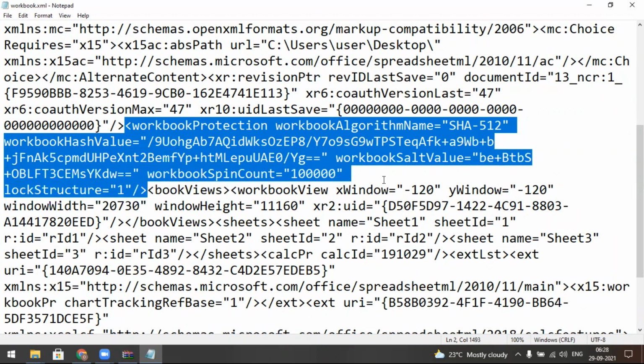I select this one, and there are some web pages, not software. Now for this type of hash algorithm, you must collect this number. From this one to this one, you must collect it and copy. Some web pages will convert and decrypt this type of encryption, and you get the answer. You get the removed password. I never tried this one. Okay, this is illegal.